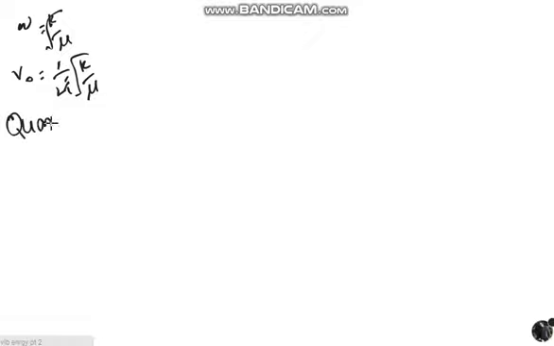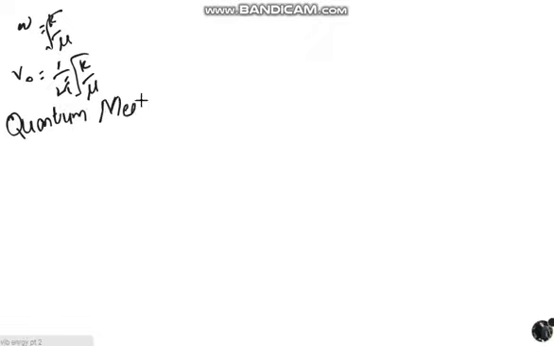Dear students, in part one of the vibrational energy level, we discussed the angular velocity and the frequency of the diatomic molecule, which acts like a simple harmonic oscillator. That is, its angular velocity omega was equal to the square root of k divided by mu, and its frequency mu naught was equal to 1 by 2 pi times the square root of k over mu. Now we go to the quantum mechanical treatment of vibrational energy of the diatomic molecules,